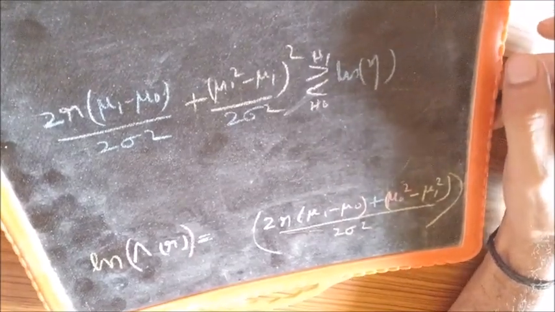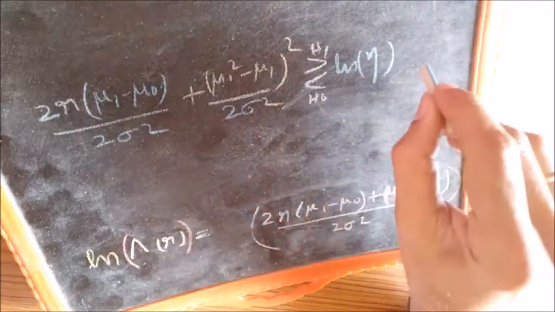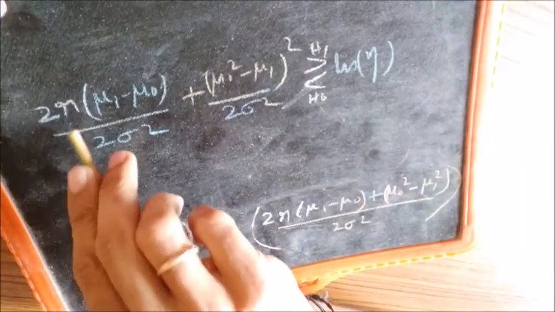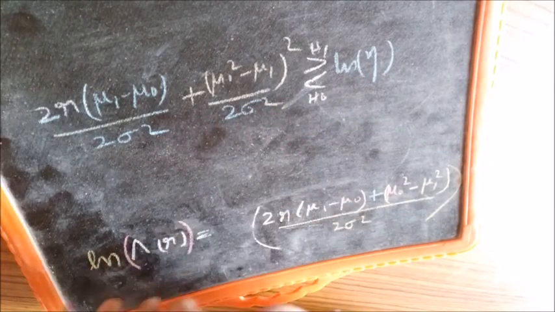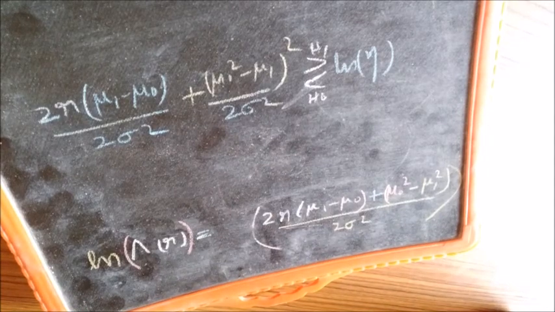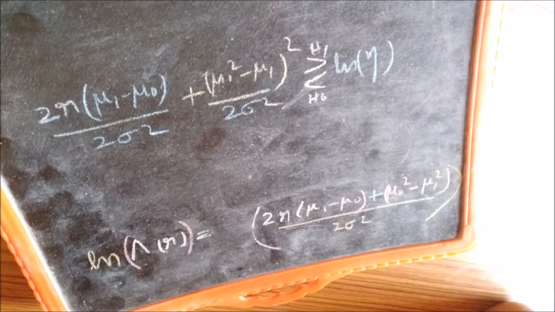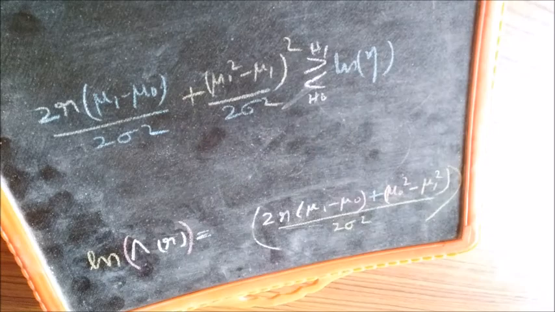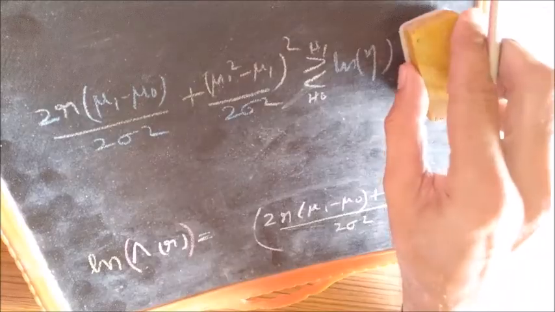And it is possible now, if you look at the left hand side, it is possible to take certain terms on the right hand side and have with us on the left hand side only r. And remember, r is the received random variable. So if we do that, what happens is that our log likelihood ratio test becomes quite simple, because all that you will have to do then is compare the received random variable with a certain threshold. So what I mean by that is that we can first take this over to the left hand side. We can take this over to the left hand side, and we will end up getting